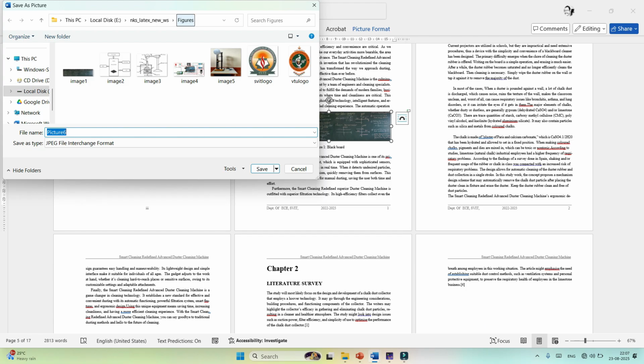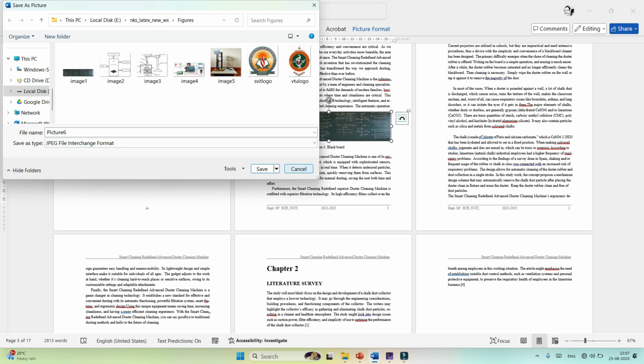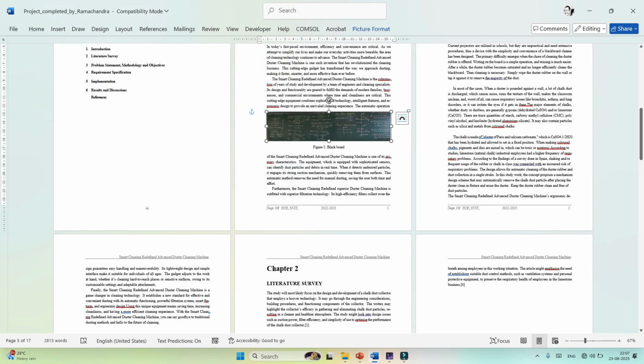I have created a figure folder, and I have saved all the images of the report, image 1, 2, 3, 4 and 5, by naming the images. I have selected JPEG format. These are the essential steps